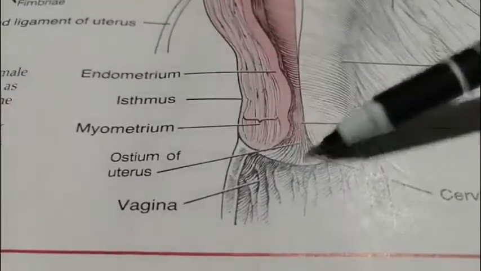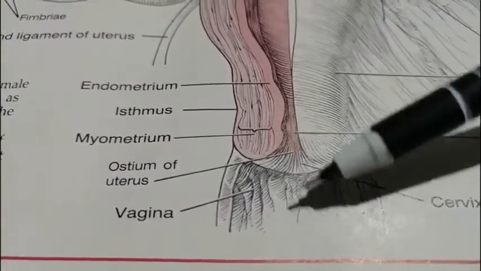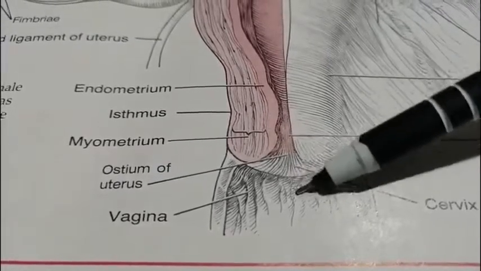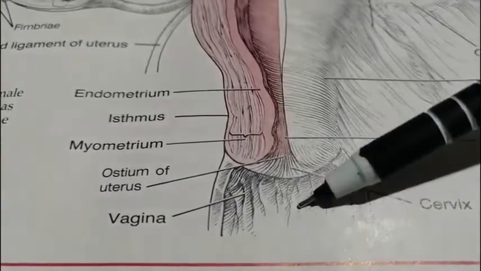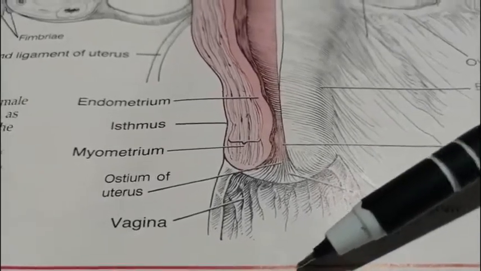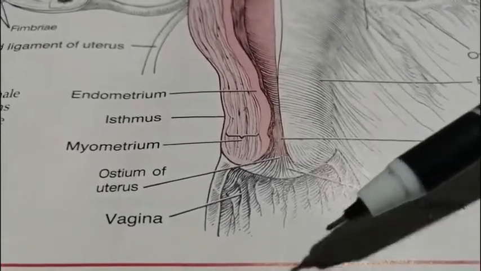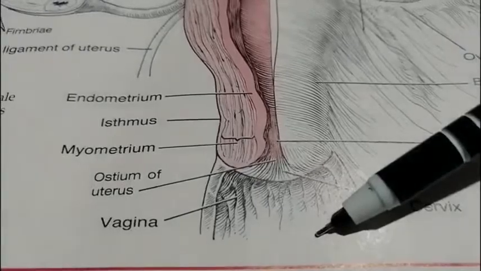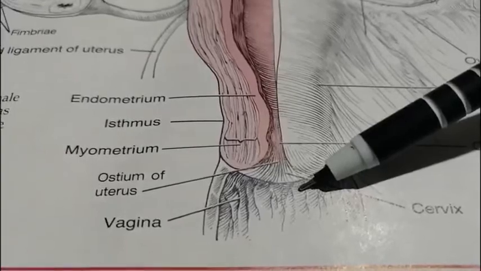Now look, this uterus is opening into the vagina. This region where it is opening is called the cervix. So this is your cervix, and then the vagina, and the vagina ultimately leads to the exterior of your body. The entrance of this vagina is partially covered by a membrane called the hymen, which was earlier thought to be a sign of virginity, but it can also be destroyed due to physical exercise and so on.